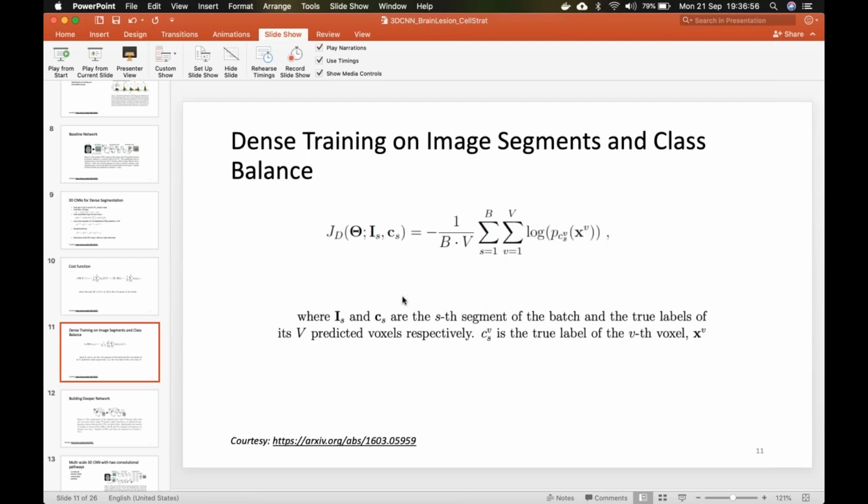Dense training is nothing but a fully connected CNN class. We create the loss function for the fully connected segment of a batch, with the predicted and true labels. C is the true label, and V is the Vth voxel.